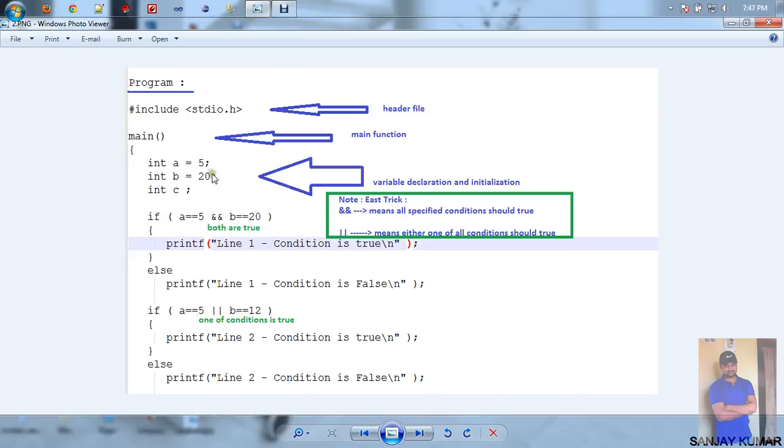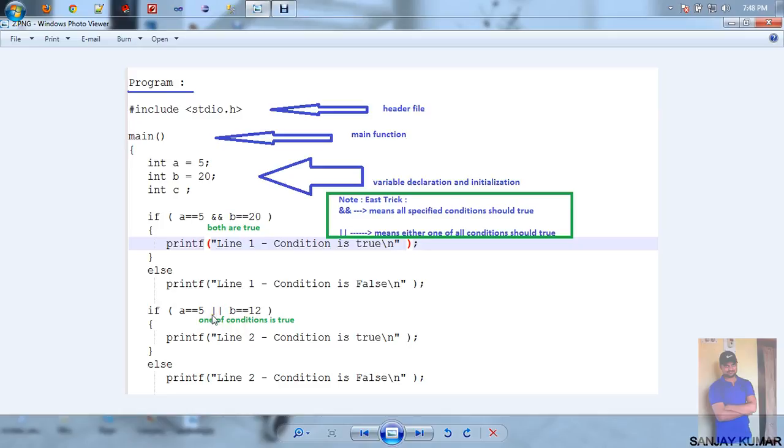Now for the second condition, if a == 5 OR b == 12: a == 5, so it validates the condition. b == 12 is not a match, because b is equal to 20, so the condition is not matched. But the logical OR operator says that if either one of the conditions is true, then this statement is executed. So a == 5, this is true. b == 12 does not match, but it does not matter for the logical OR operator.